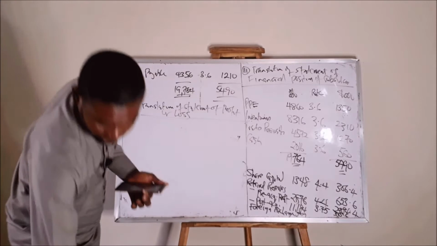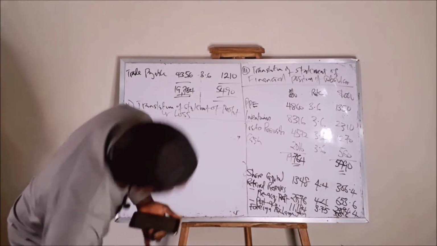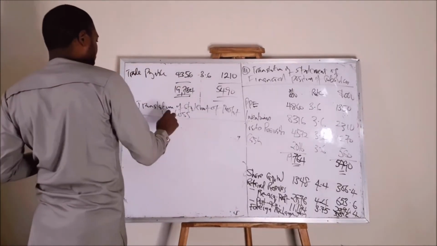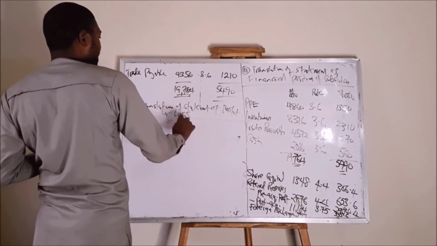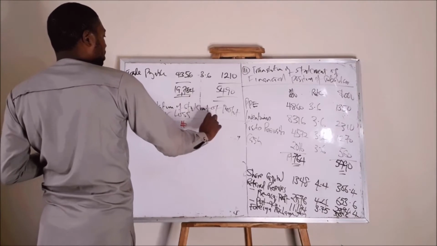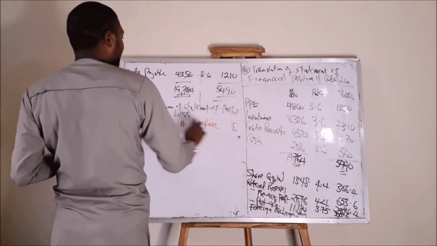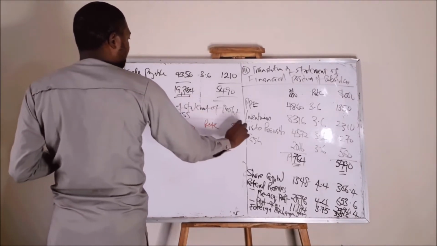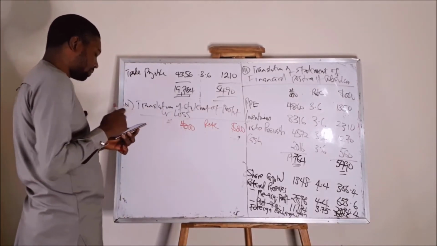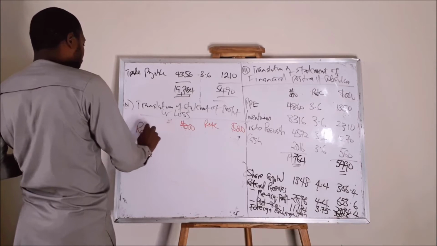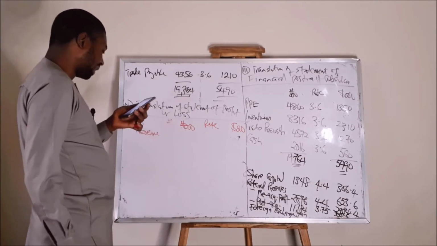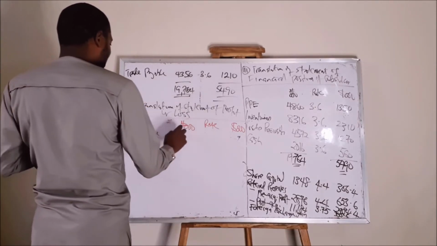Translation. In that case, remember we say naira sign, rate, and then the dollar sign. So statement of profit or loss now. If you go to statement of profit or loss, we have revenue. The revenue of that subsidiary is